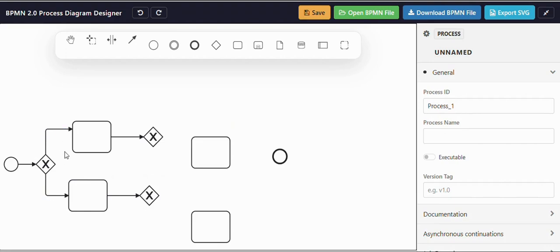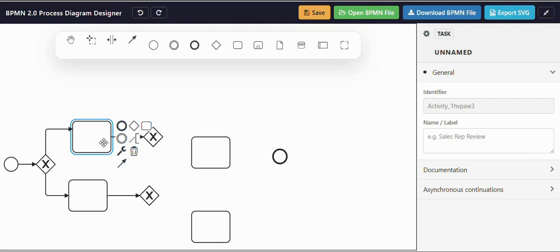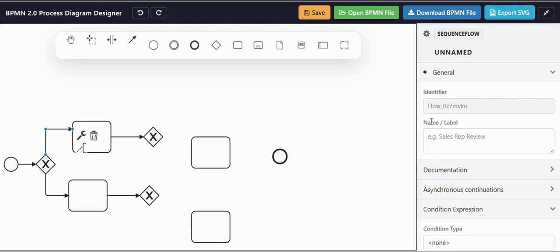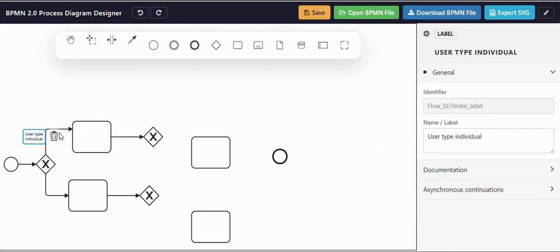The first condition it will check is for the user type. Like in Odoo we have two types of contacts, one is individual and one is of company type. So I will add the condition over here, like if the user type is individual, then it should go to the specific user for approval. So first I will add the label user type individual, then I will add the condition